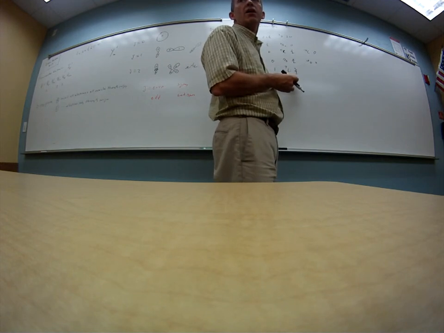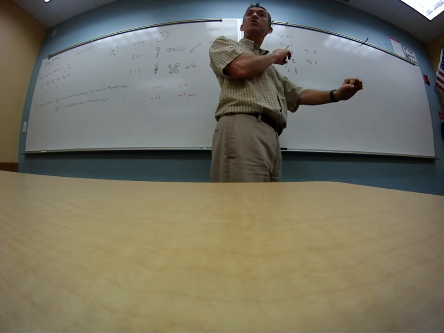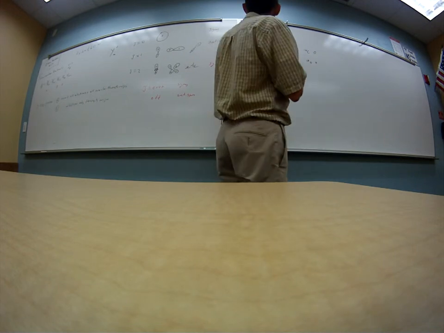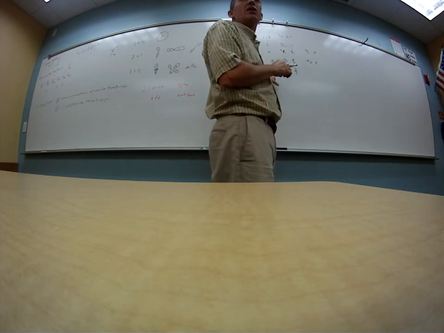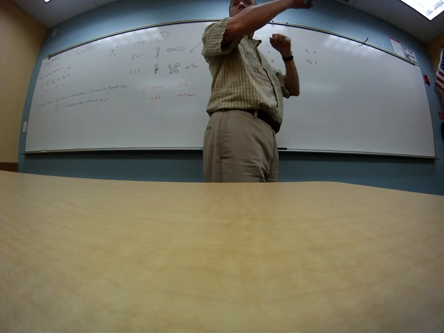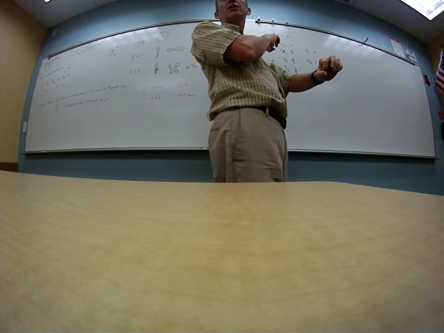So then the wave function has to be antisymmetric with respect to exchange of those nuclei. Or in these cases, the nuclei are bosons, so this wave function has to be symmetric upon exchange of the